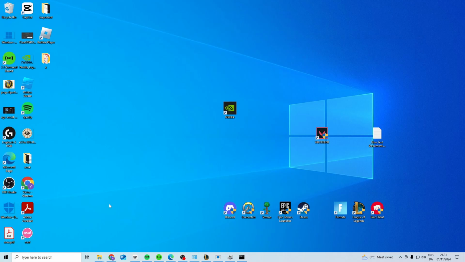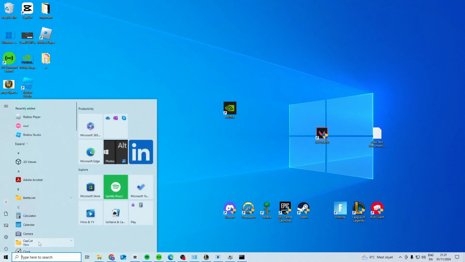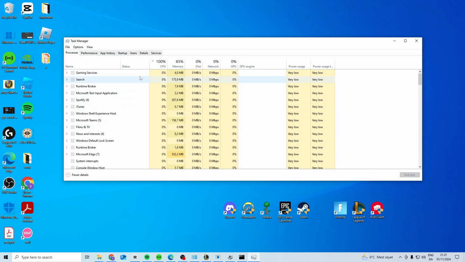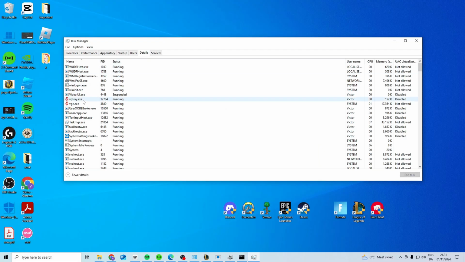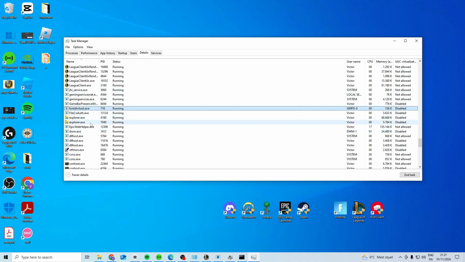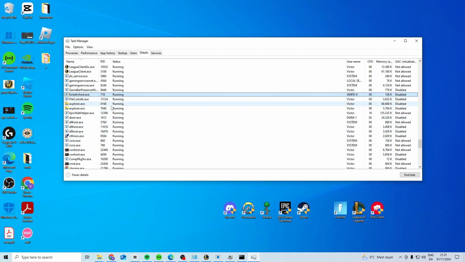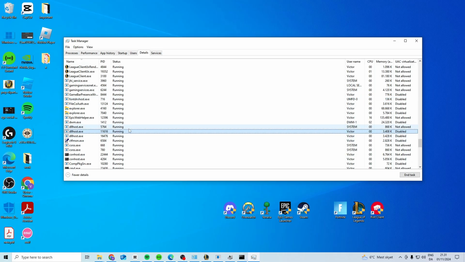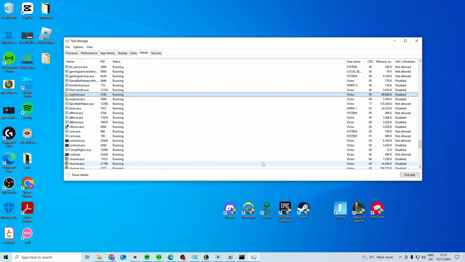In this video, I'll show you how you can fix Fortnite login failed, unable to connect to Fortnite servers. First, we want to come here and open up Task Manager, go to Details, press anywhere and press F, sort by the name, and then you can press F again and look for Fortnite. If you find any Fortnite you want to end the task, then press E and look for Epic Games and